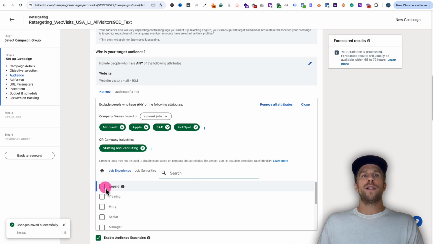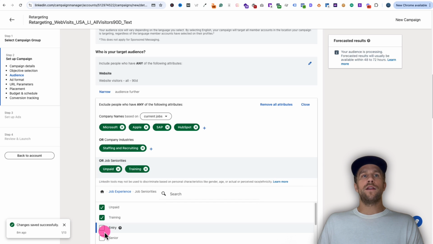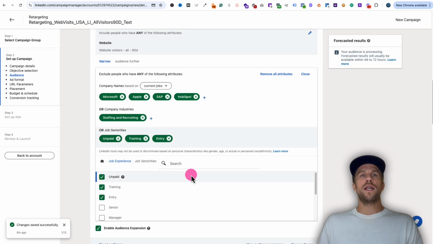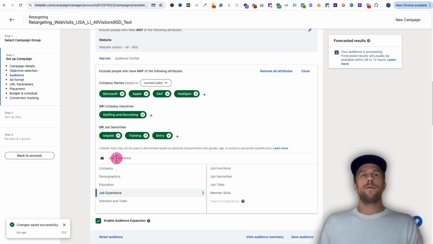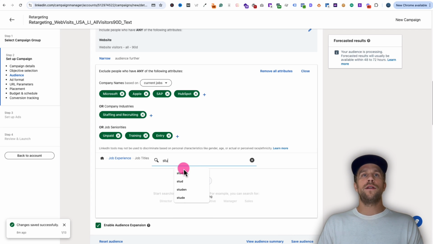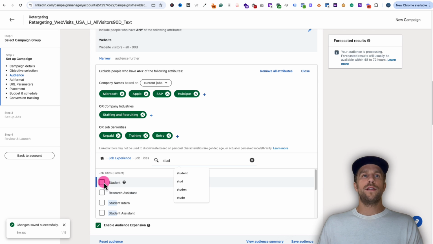We'll select job seniorities, and we want to exclude any lower level seniority levels because maybe people are just visiting our website interested in jobs. You can always set up a retargeting audience for the careers page and just exclude anyone who visited the careers page if that's not in your strategy. We'll go to job experience here again, select job titles, and exclude students. So anyone who's a student,